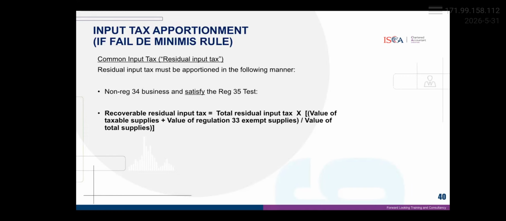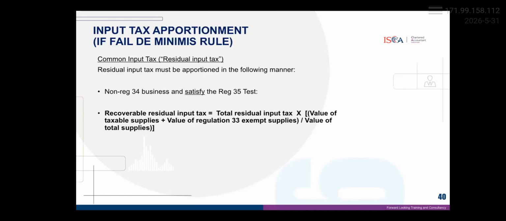If it's a non-Reg 34 business and satisfies the Reg 35 test, which means that your Reg 33 exempt supply is considered as a taxable supply, then the recoverable residual input tax will be equal to the total residual input tax multiplied by the value of your taxable supply plus the value of your Reg 33 exempt supply,